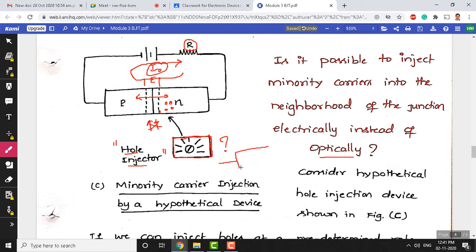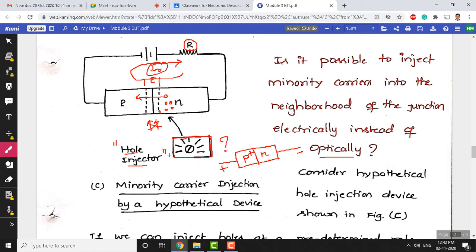Okay, the hypothetical device, what we said, is nothing but a p-n junction. This is p plus and this is n, and this must be forward biased. Look at this actual device here, what you are seeing is reverse biased, but this device itself is a forward biased p-n junction like this. Now see here together, there is a p-n junction which is reverse biased here, and this hypothetical device was injecting holes.